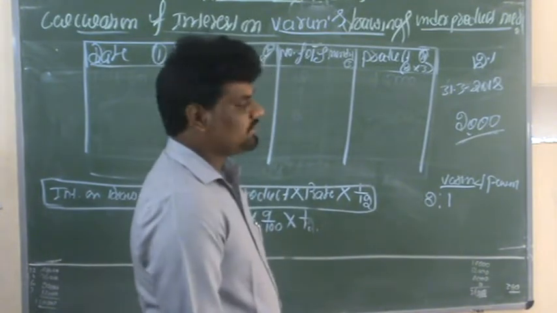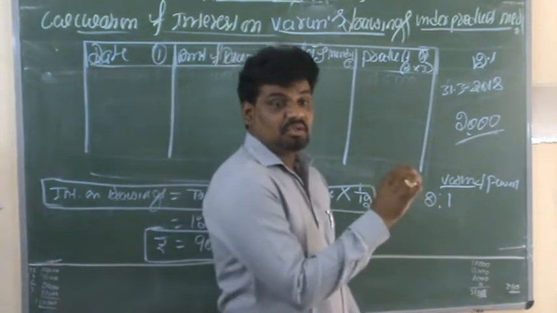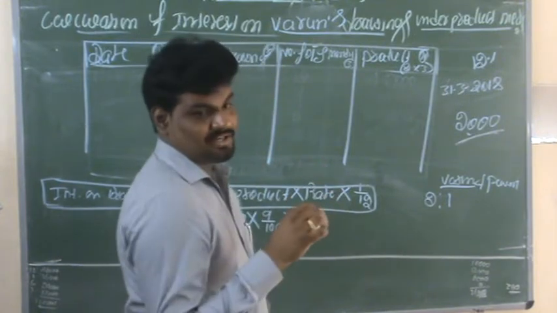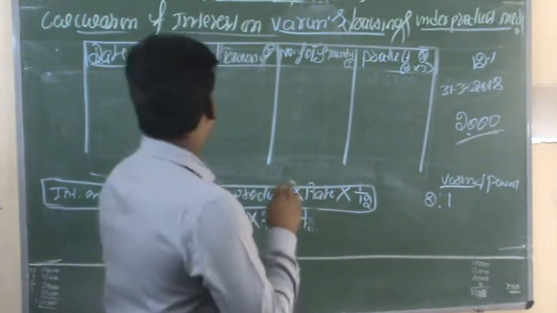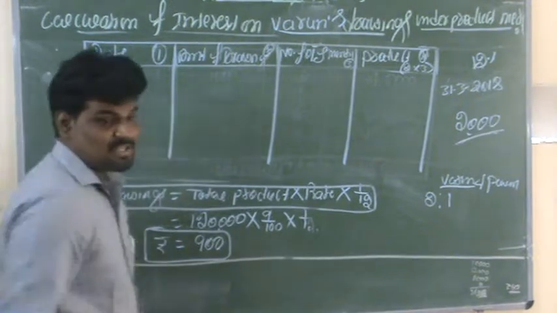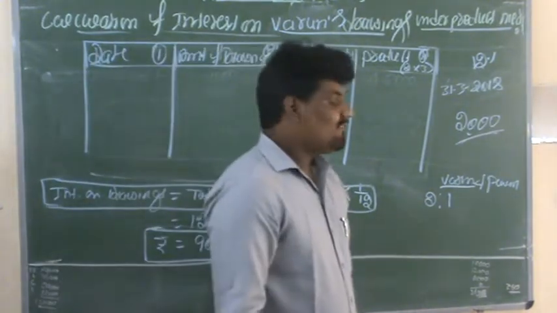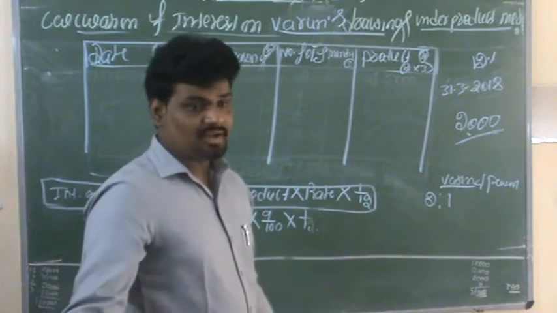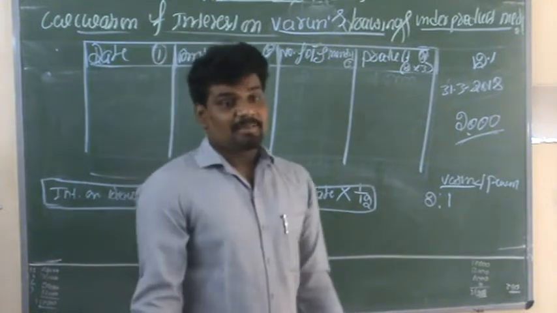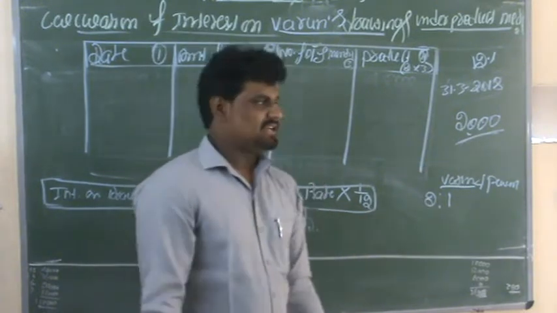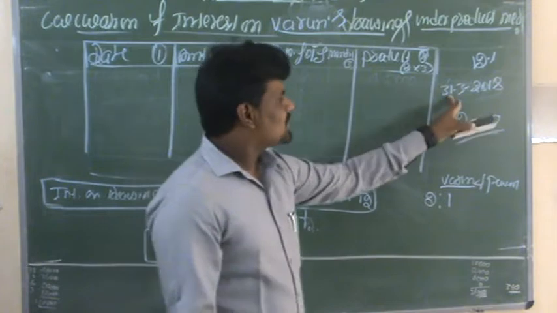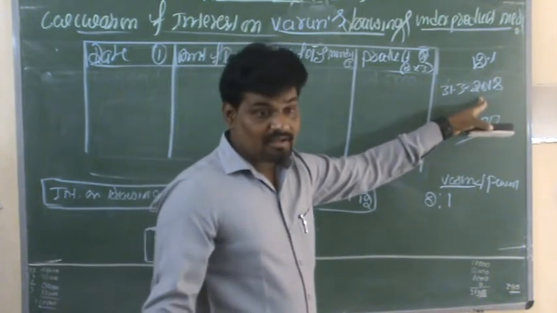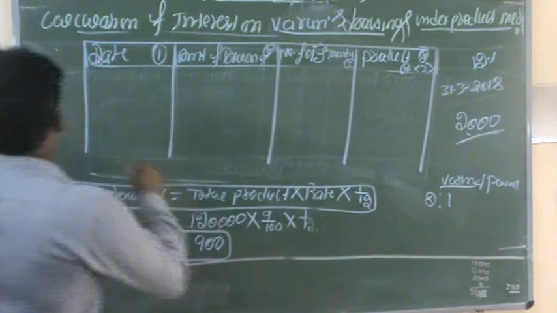So now finally we need to ascertain the outstanding periods. For the date of the drawings, first we need to identify in which quarterly dates they are withdrawing. At the end of each quarter, in which particular month they are withdrawing, that we need to ascertain. Here the books of accounts are closing on 31st March 2018. That means the books of accounts opened on 1/4/2017.